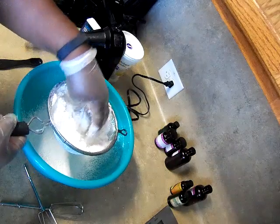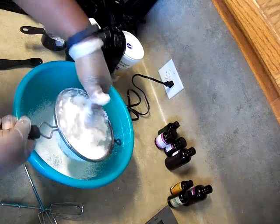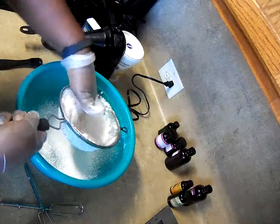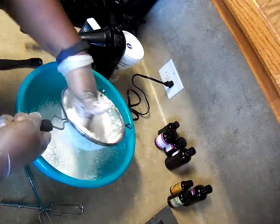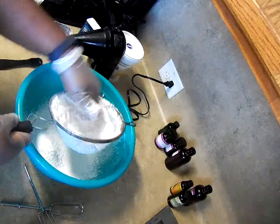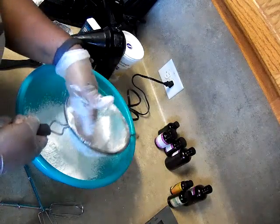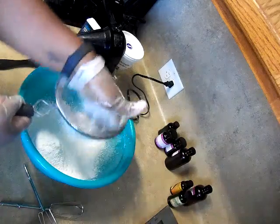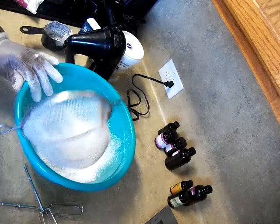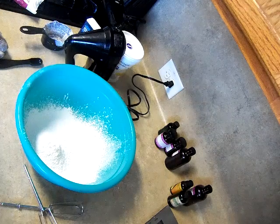Clumps out. Almost. Lots of little clumpies in here. Okay, almost done. Okay. Sifted. Very nice. Okay, next we're going to pull out